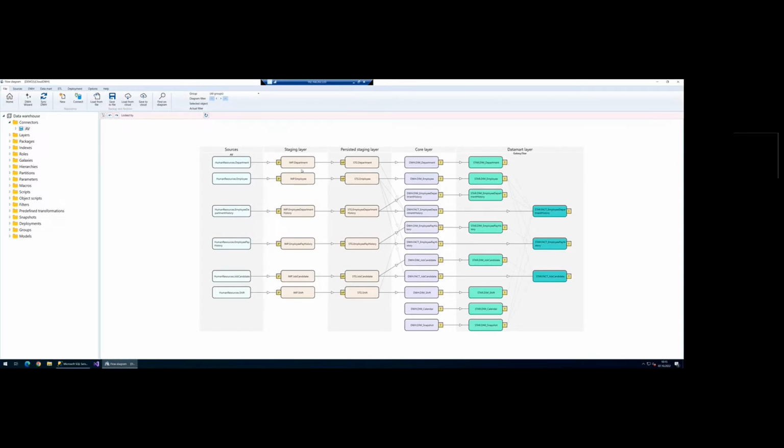The next layer, this is the staging layer. The staging layer contains the import tables. We import the data from the source layer into the staging layer, and the import definition is